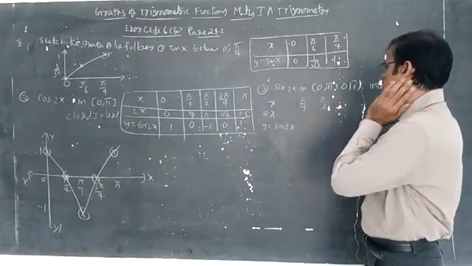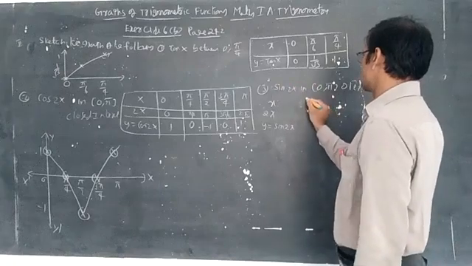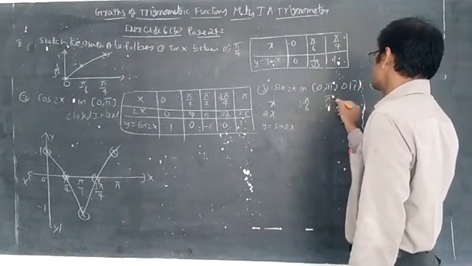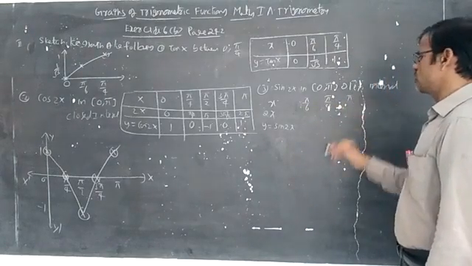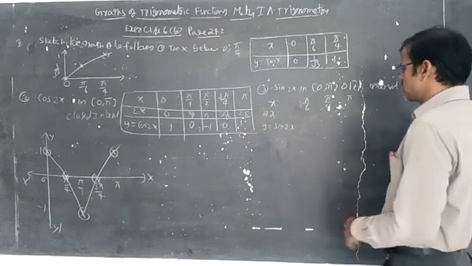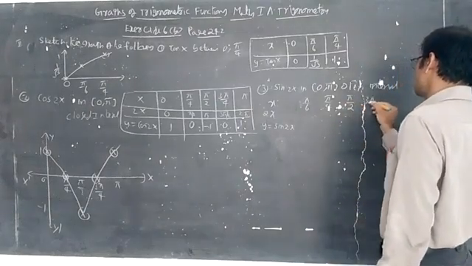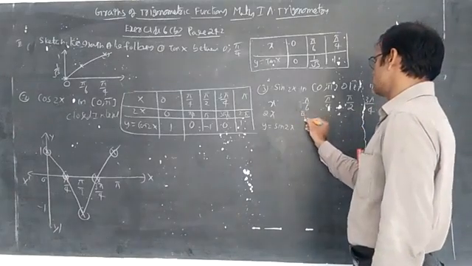Only 2 values, so it is better to consider the trigonometric table values: pi by 6, pi by 4 and pi, meaning 180. Take pi by 6, pi by 4, pi by 2 and 3 pi by 4. Enough. For 2x you can multiply here: pi by 3,